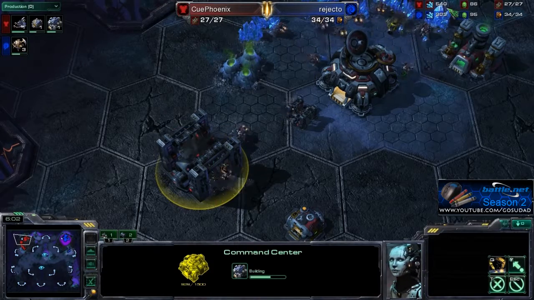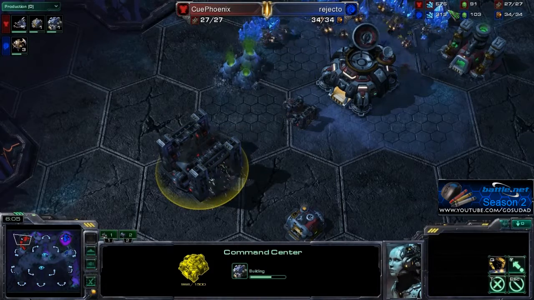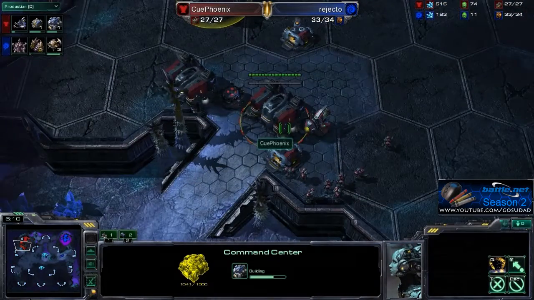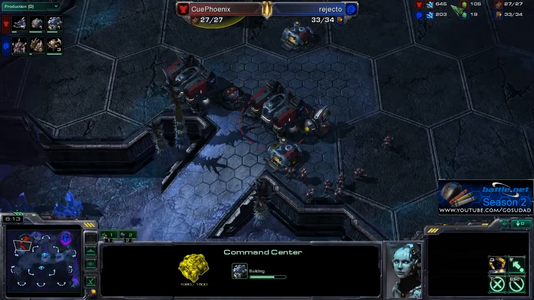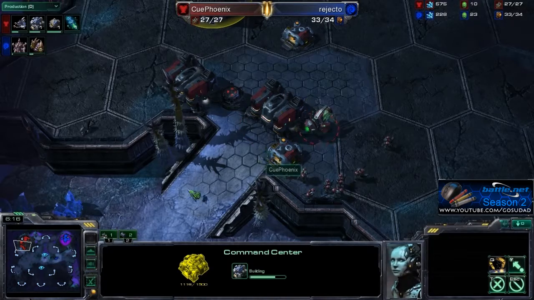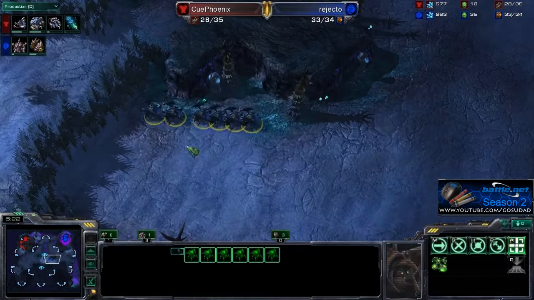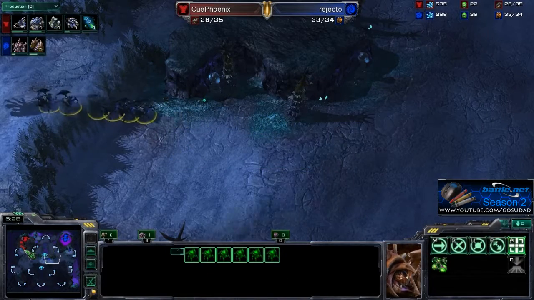And you can see here I'm building up a bunch of minerals. So those minerals could have been spent building guys or building other buildings, and instead they're just stockpiling there. So at some point I'm going to realize this. But in the meantime, my opponent is sending over a sizable force of roaches to come over here and break